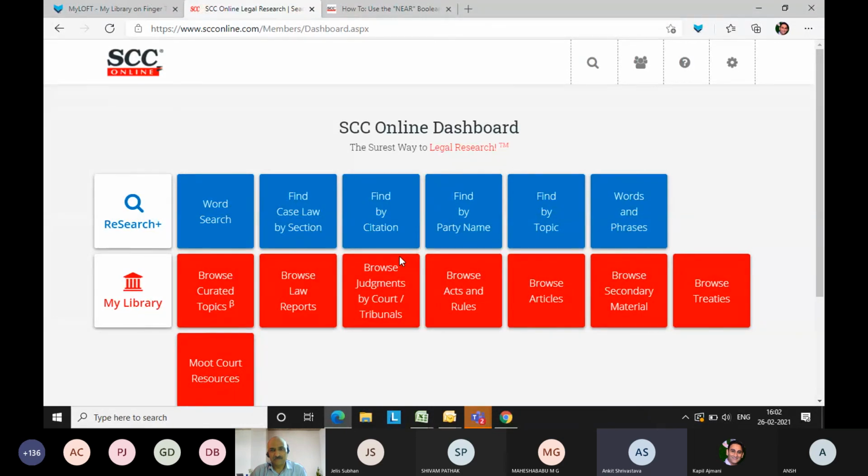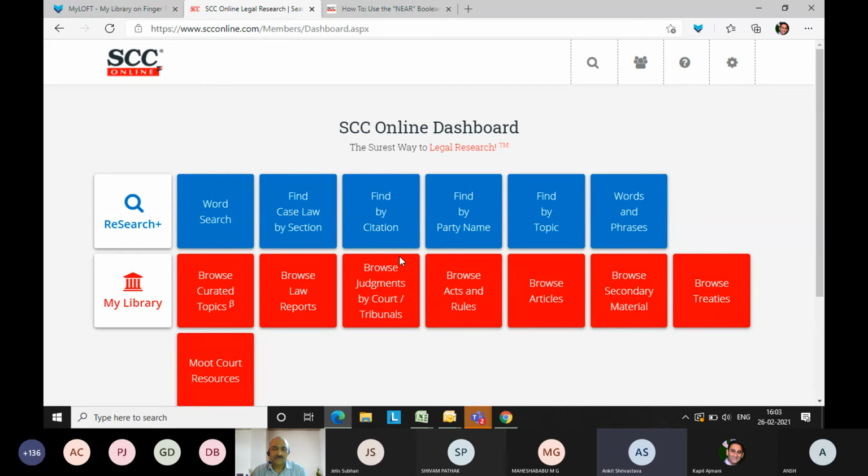As we all know, in the legal field, irrespective of the career choices one makes, whether they go to litigation, join a law firm, or go into academics doing research, it is very necessary that they have very good knowledge of a website like SCC Online, which is the topmost one when it comes to legal research.